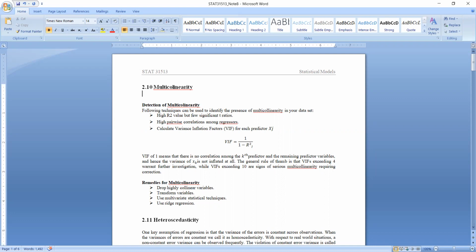A high variability of the response variable has been explained by your explanatory variable if your R-squared value is very high. But if you have only a few significant variables, that is a sign of multicollinearity. So you have to check for multicollinearity if you see a high R-squared value with a small number of significant variables. And also, when you check the pairwise correlation among the regressors,